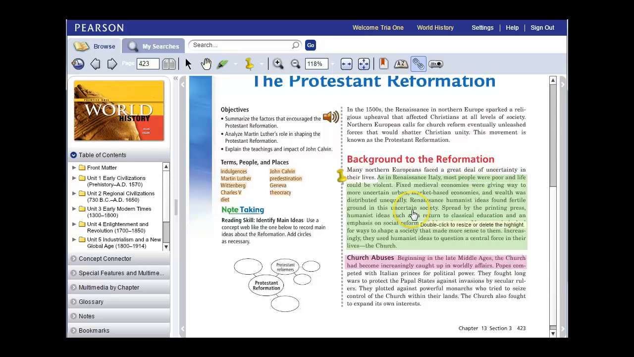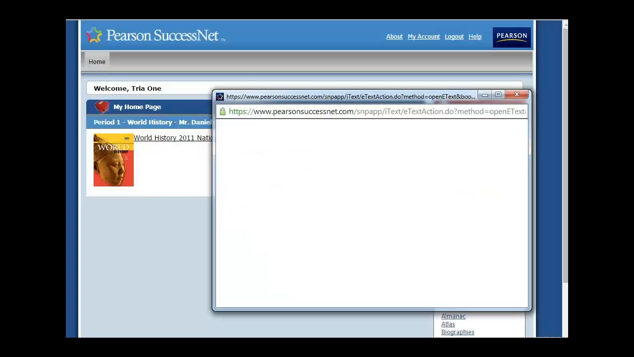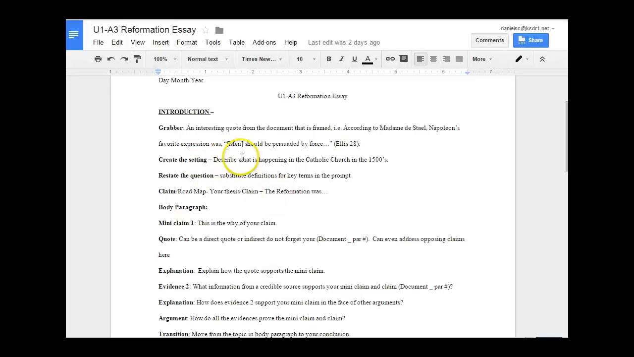Alright, so we've been over that. Anything out of here should be cited to Ellis, and this would be page number 423, so it should be Ellis 423. As you're developing your notes, make sure that you are using the correct parenthetical citations. If we jump back to our outline here, once we've described what's happening in the Catholic Church, sale of indulgences and some of those things, then what we're going to want to do is we're going to restate the question,